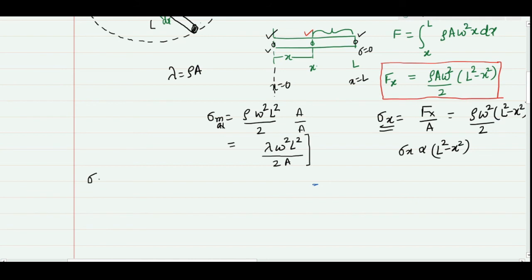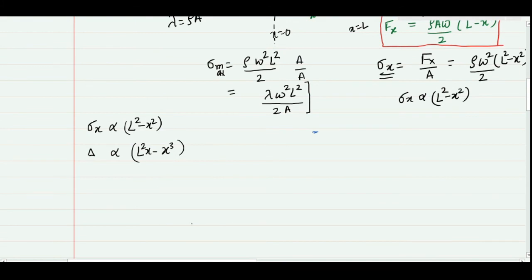That means if I make the stress distribution with respect to the length, it will be a parabolic curve. However, the extension is actually a cubic curve because it is a function of x cube. When I make the two distributions with respect to the length, let's check here that if this is the length of the bar